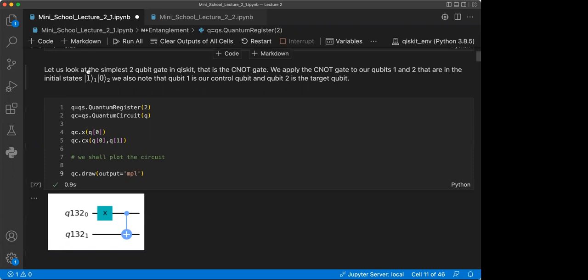So let's consider our 2 qubits being in this initial state where the first one is in the state 1 and the second one is in the state 0. We want to use that the first qubit controls whether or not we apply our NOT operation to the second qubit. So you can think of the C0 gate as analogous to an if statement